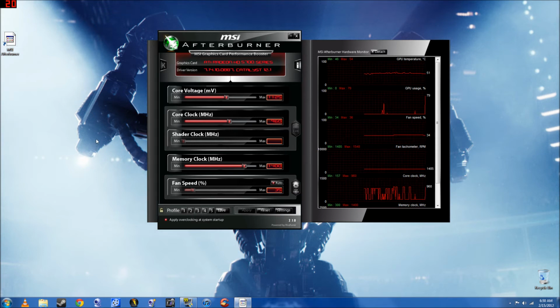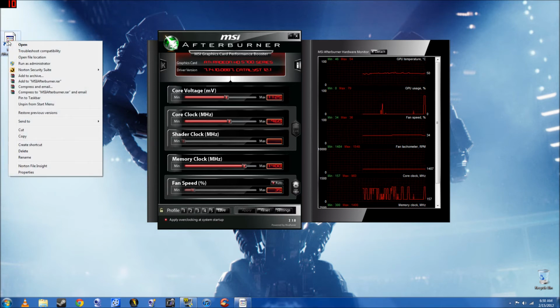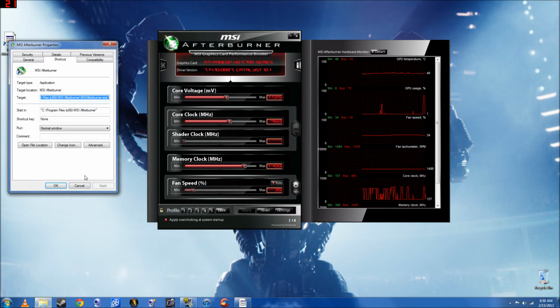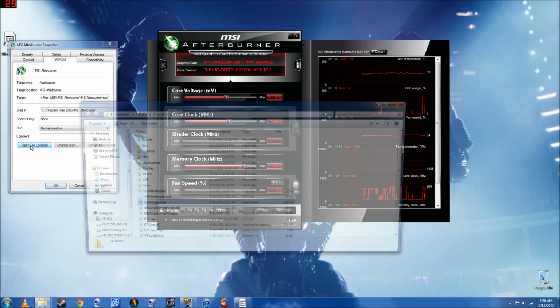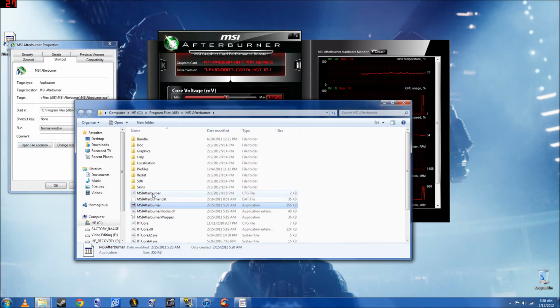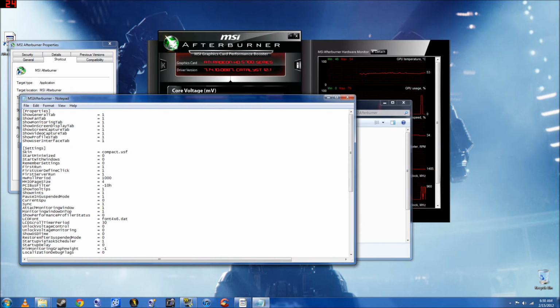So what you want to go ahead and do is go to your MSI Afterburner shortcut. You want to right click it and go to properties. On properties, you want to open file location, and then go to the CFG file, the configuration file, and double click that. And what you want to do is go all the way down